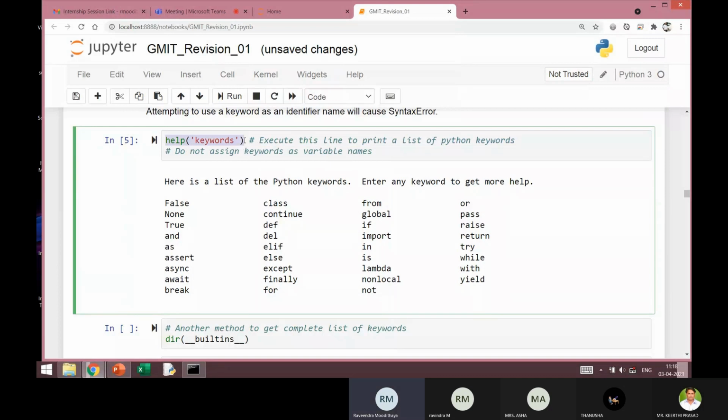Most of the time when we write a code today, and after 1 week you open it, you will not remember why you have written this code here. So in such a case, it's always better to write some comment so that at a later point of time you will be able to recall why you have written this.